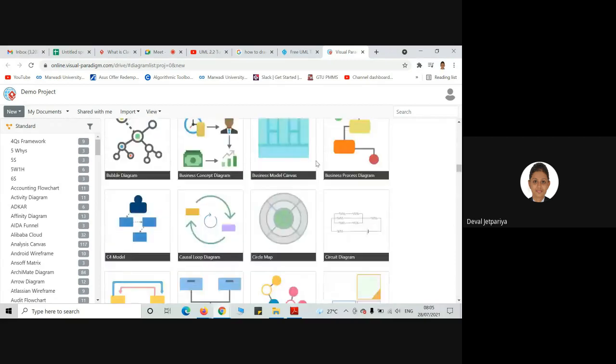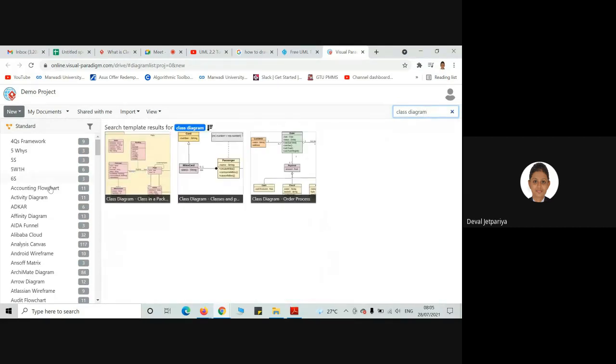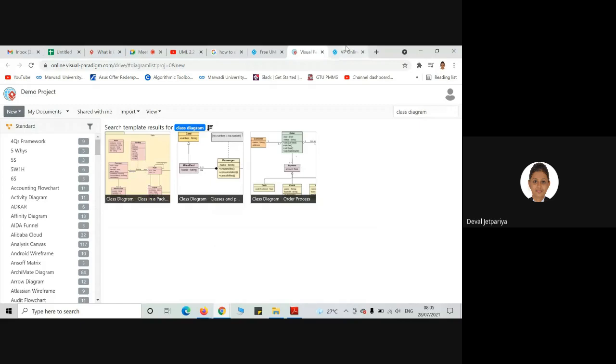Here, as we want to draw the class diagram, you can write down class diagram. Here are some of the features of class diagram.